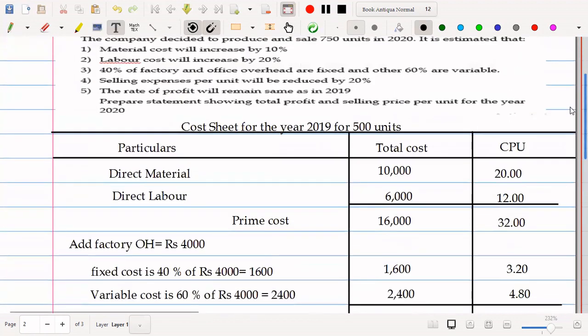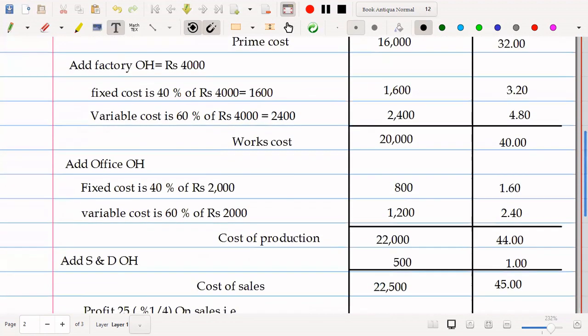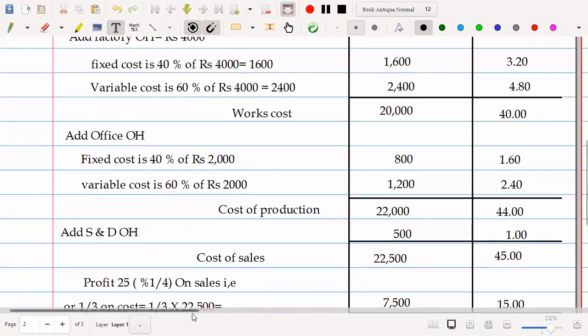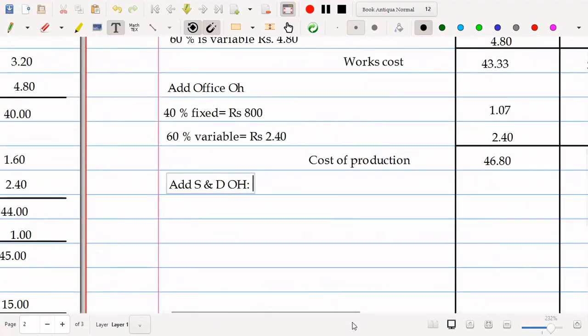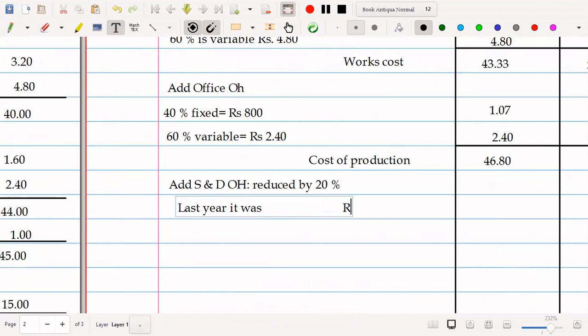It will be reduced by 20%. So last year it was ₹1, and this year